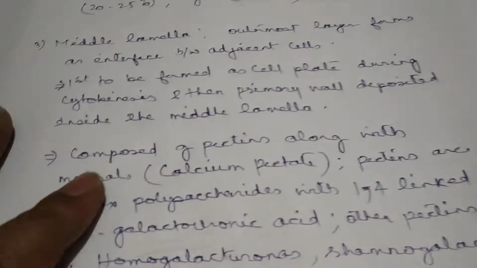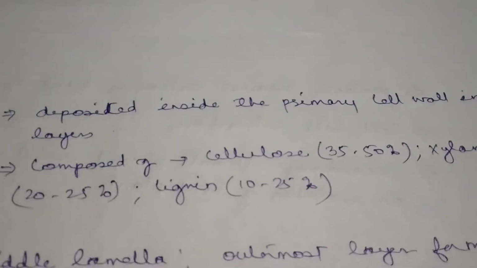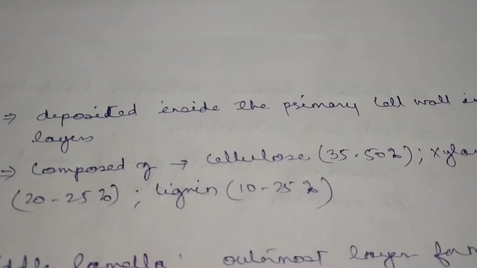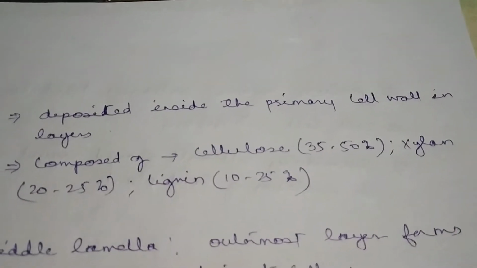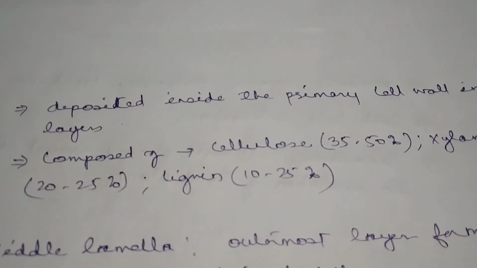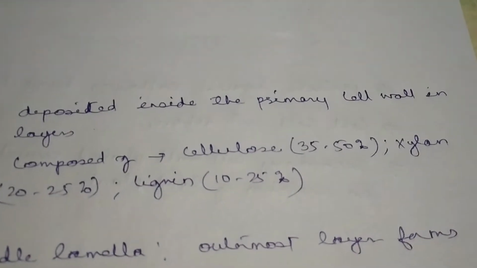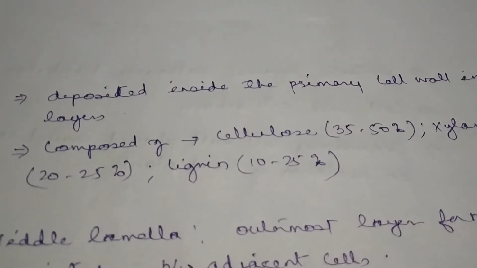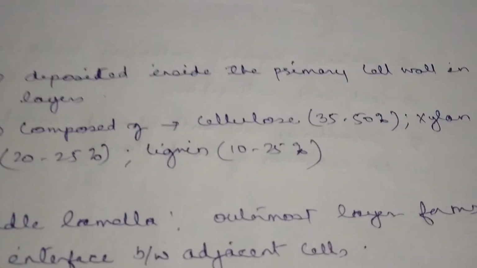That is the most important thing about secondary cell wall. And they are deposited inside the primary cell wall in layers. There may be one layer, two layers, three layers, depending upon the requirement of the cell. The composition is definitely glucose, primarily glucose, 35 to 50%. But along with that, there are other polysaccharides, xylan, lignin, which provides toughness and rigidity to the